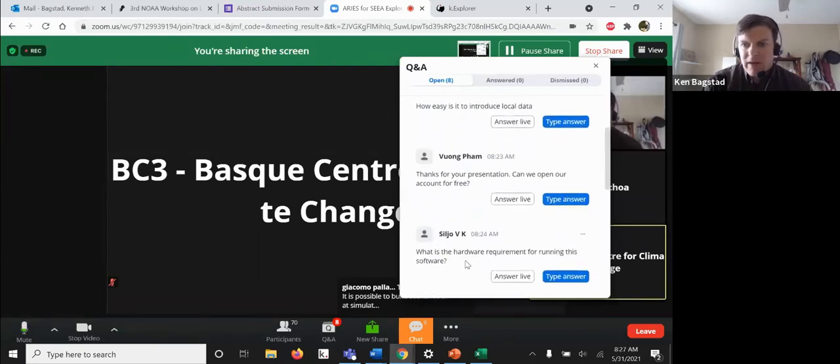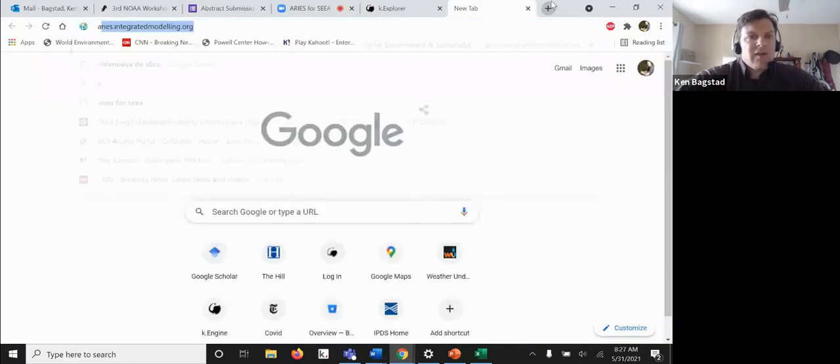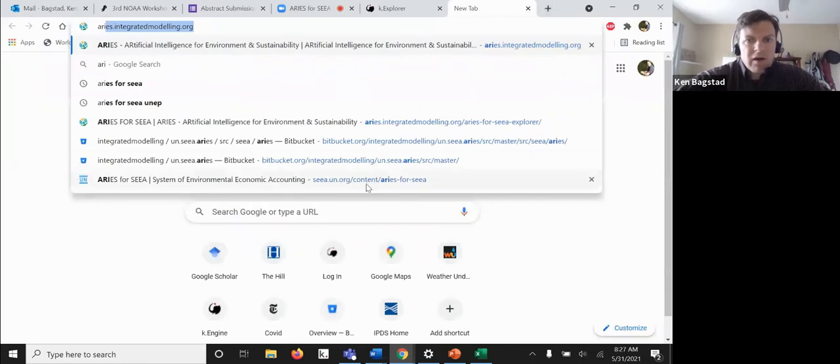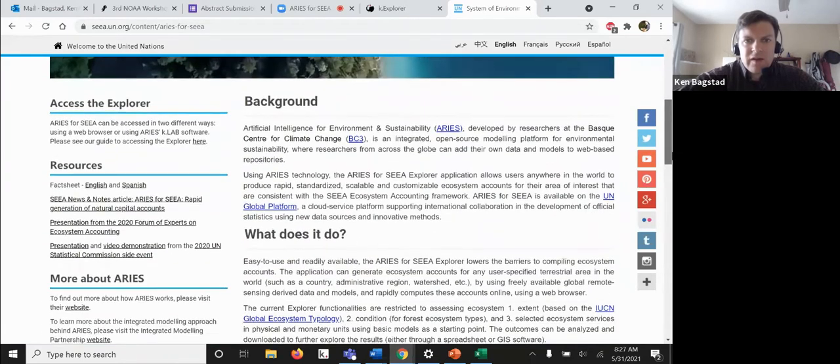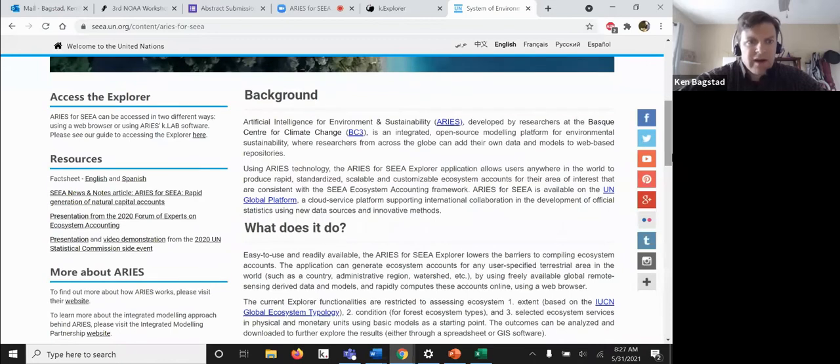Hardware requirements for running the software. Great question. There's two ways to answer this question, because there's actually two ways to run ARIES. If I go to the website for ARIES for SEEA, this is the UN website. We have a parallel website on ARIES, but this is a great place to get started because it includes the background, what ARIES does, fact sheets in both English and Spanish,